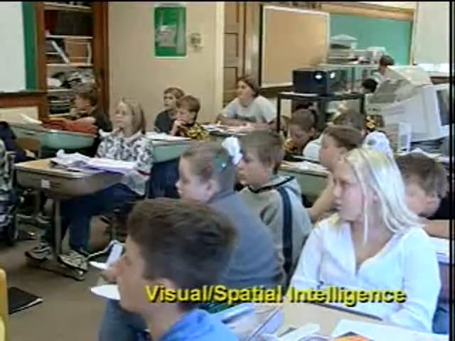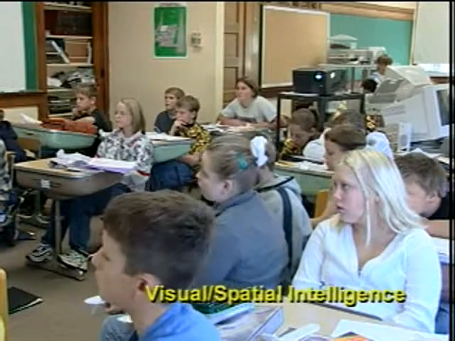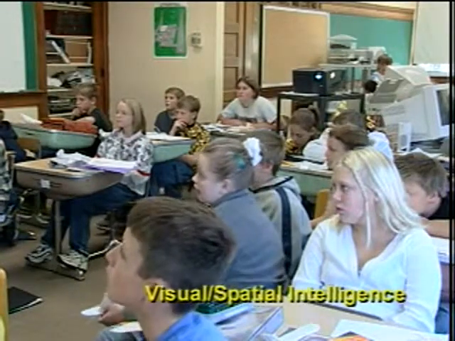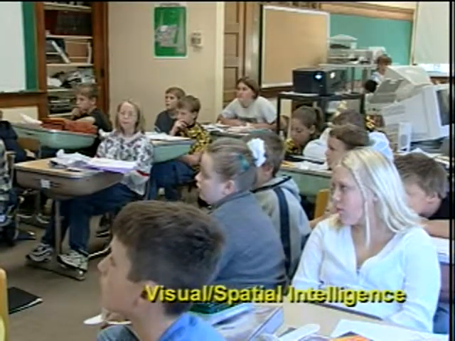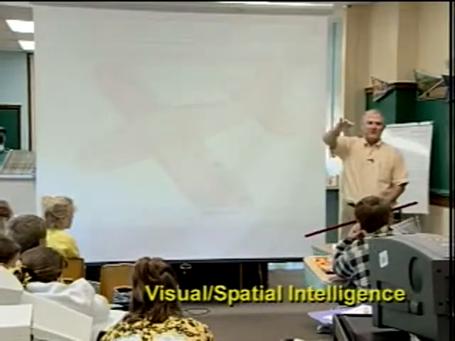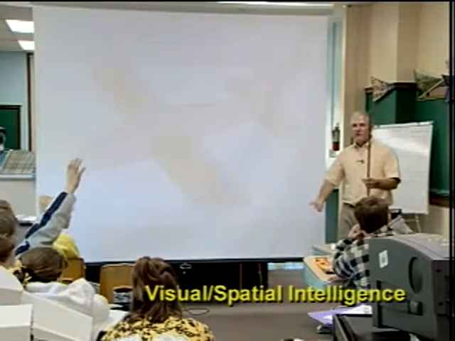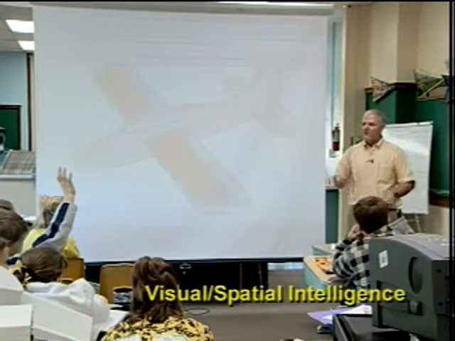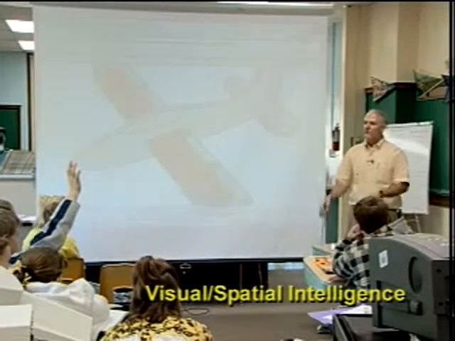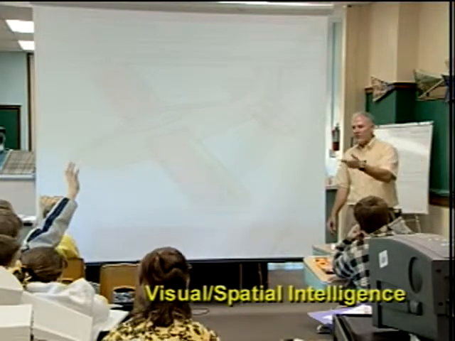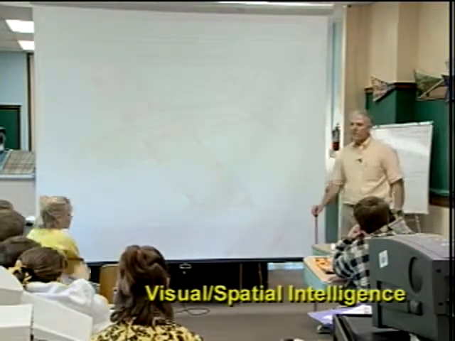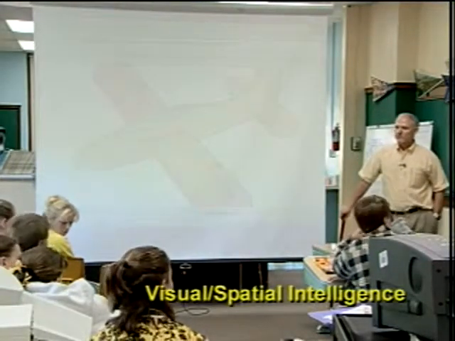A middle school science class is studying the physics of aviation. In this lesson, the students identify and discuss the parts of an airplane. The teacher uses a diagram to show the students the parts of an airplane. The use of this visual aid demonstrates the teacher's knowledge of student characteristics. Use of the diagram allows the students to use their visual spatial intelligence to understand and locate the different parts